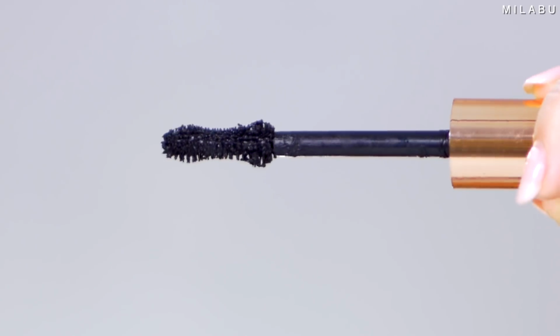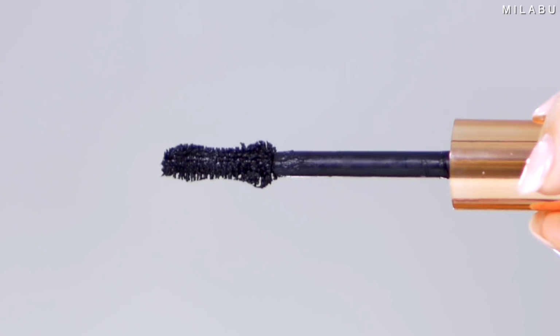Let me just show you in comparison to the Lancome. Look at that comparison. This is a beast. This is a little baby. So you can see how massive this wand is. I feel like a wand this big, it's a little bit tricky to work with, but you really have to be a little bit more precise. But these bristles, they're so densely packed, and the formula is so packed into the bristles that it's really comfortable